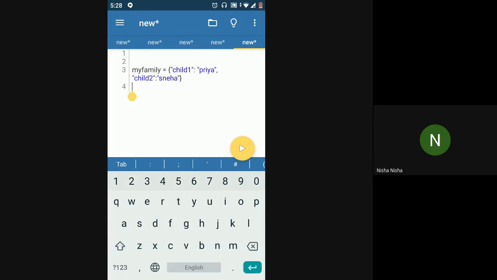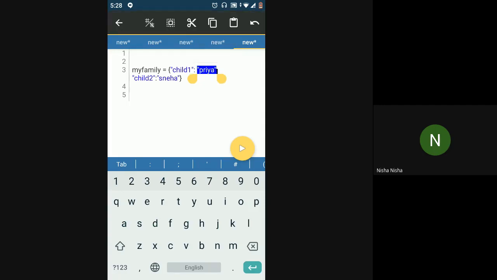So what is a nested dictionary? Whenever, instead of a normal string or an integer as a value, you have a dictionary as a value, so instead of this Priya here, this string here, if you have another dictionary in place of this string, that would be a dictionary inside a dictionary. That would be the case of nested dictionaries, the example of a nested dictionary, when you have another dictionary as a value inside one dictionary.